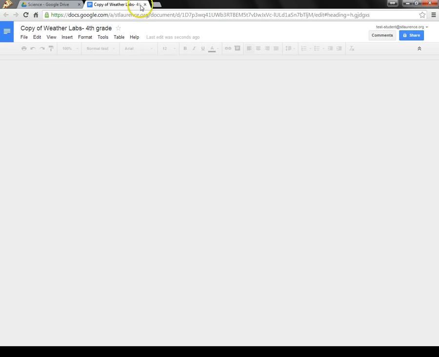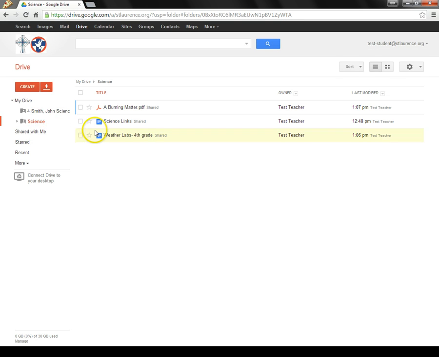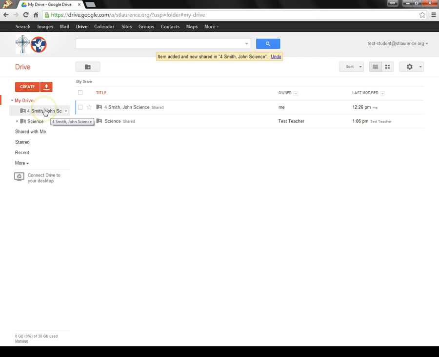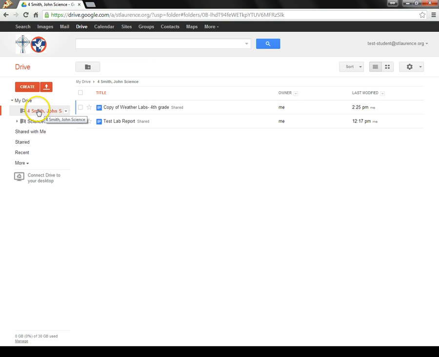I'm going to go ahead and close those out just to show you what it looks like. Here's the science folder that my teacher has created, and here's the document here. But if I click on my drive here, you will see that the document that I copied now shows up just in my drive. It says copy of Weather Labs 4th grade. Well, I really want this in my science folder, so I can just take this file and drag it into my science folder so that I can keep it organized,